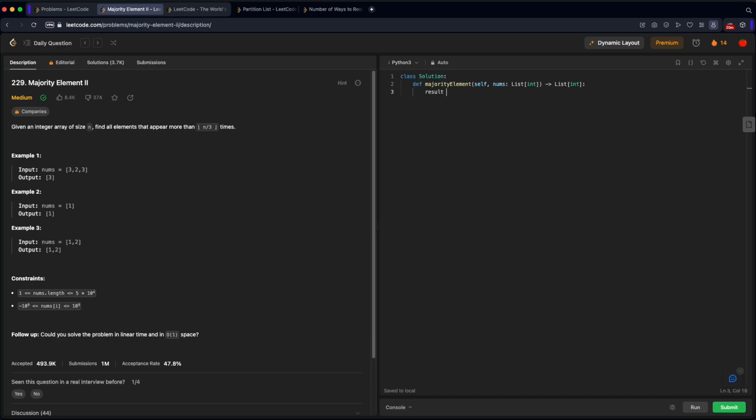So we can still have a result. I guess it's not totally O of 1 space because it does depend on the input a little bit. It'll either be 1 or 2 elements, but it's pretty small. Okay, so we'll still have a result. We'll still return our result at the end. But now, instead of going through and counting all of our numbers,